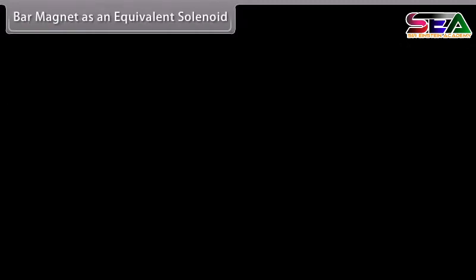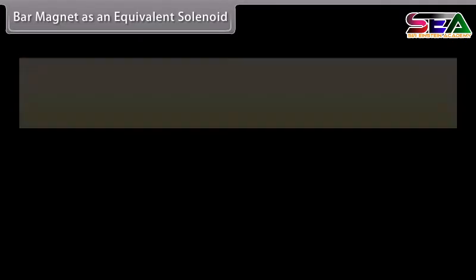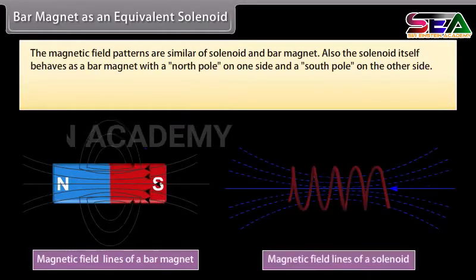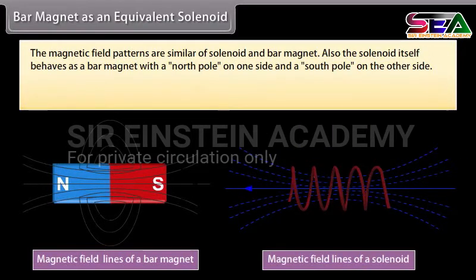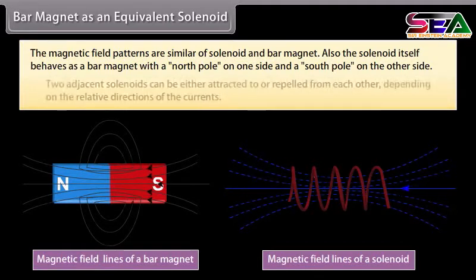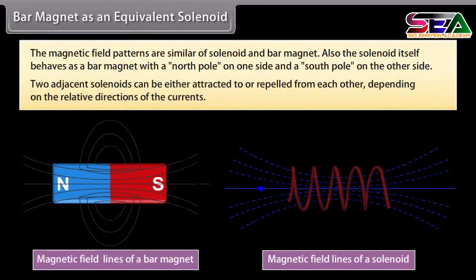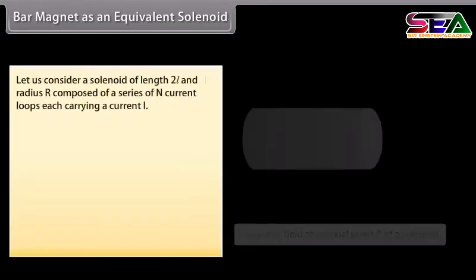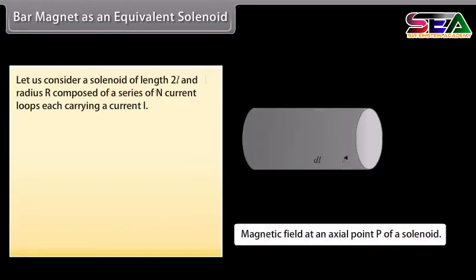Bar magnet as an equivalent solenoid. The magnetic field patterns are similar for a solenoid and a bar magnet. Also, the solenoid itself behaves as a bar magnet with the north pole on one side and the south pole on the other side. Two adjacent solenoids can be either attracted to or repelled from each other, depending on the relative directions of the currents. Let us consider a solenoid of length 2L and radius r composed of a series of